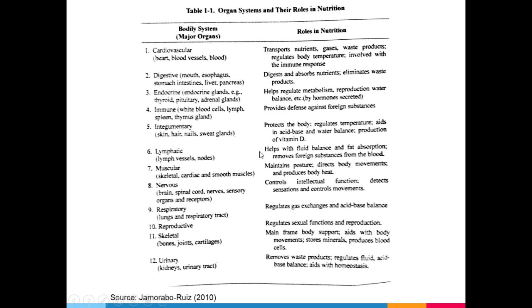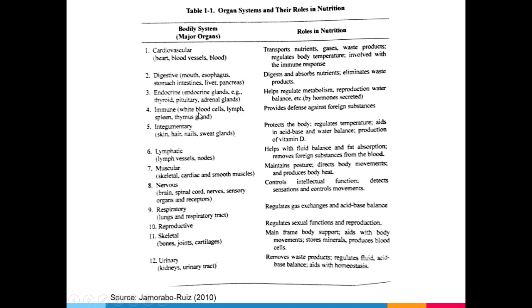We also have the immune system. Immune system is the one that provides defense against foreign substances. It is related in a sense that the immune system cannot work without nutrients. We want our immune system to be strong, so therefore we support it through nourishment. So kinahanglan nga well-nourished ang mga cells that are involved in the immune system para makadefend siya effectively against foreign substances, because malnutrition would lead to weakened immune system.